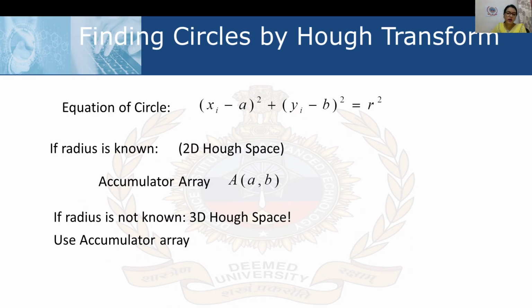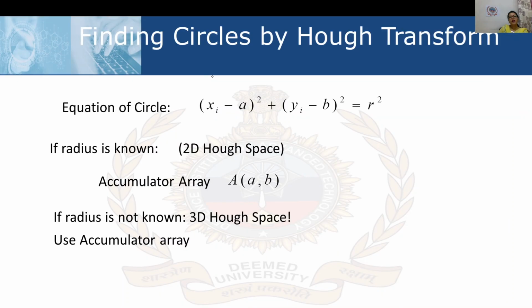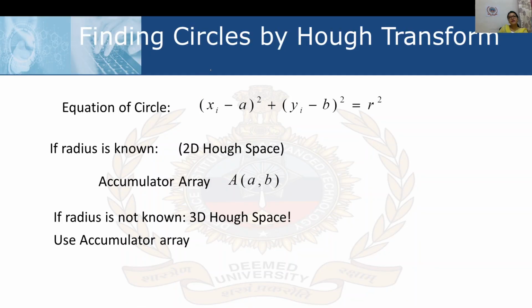Now, the Hough transform is capable of representing the circle also. If you have an image with certain kinds of structures present, let us say these are broken links, still the Hough transform is capable of finding these circles. After application of the Hough transform, it will give you the proper contour for those coins, or some image which is circular.